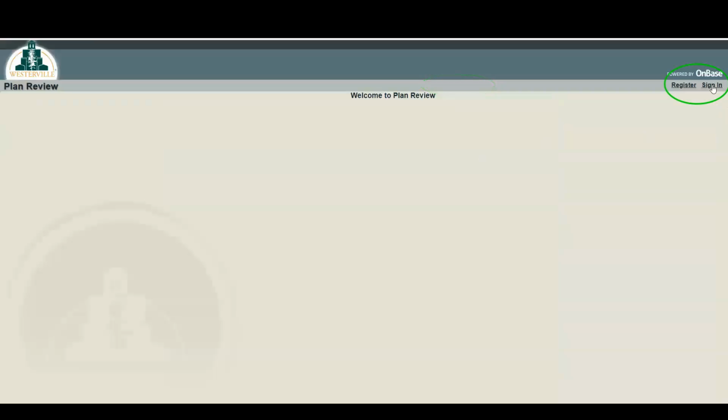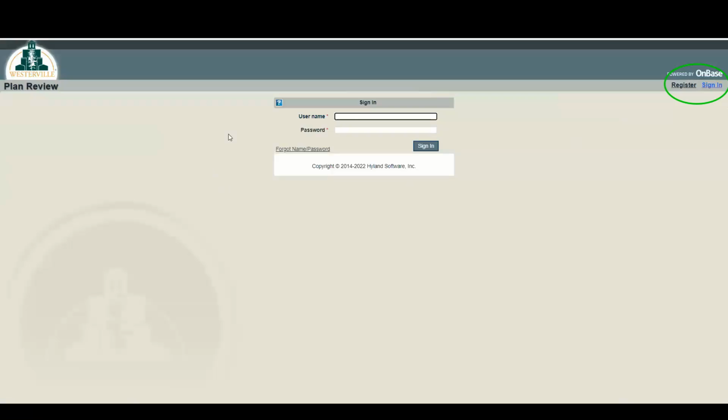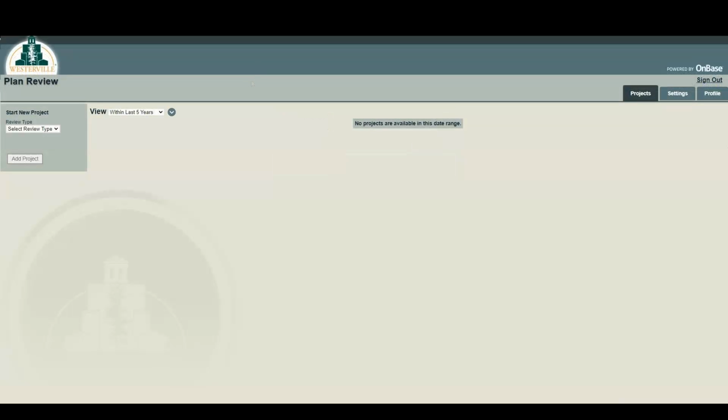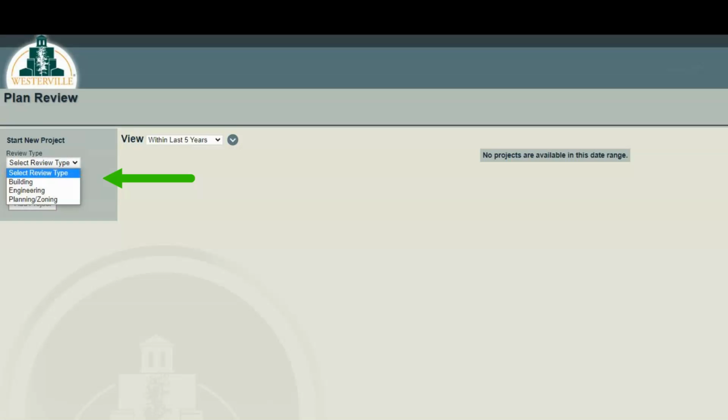You would sign in to the e-plan review, and then once you access that, you would be able to select whether you want to send a building, an engineering, or a planning application through, and then you would submit that information, and that can all be done